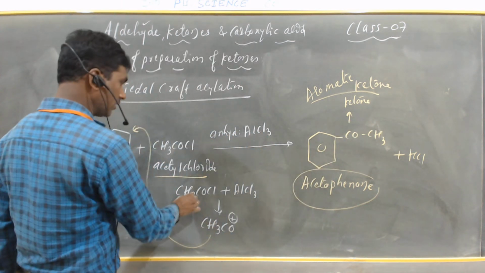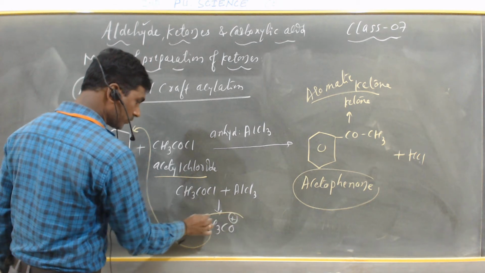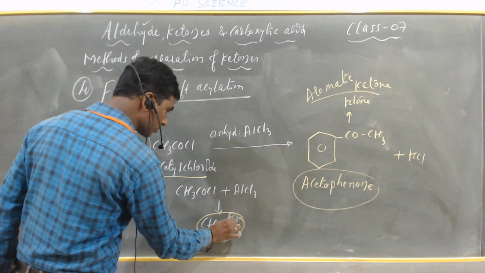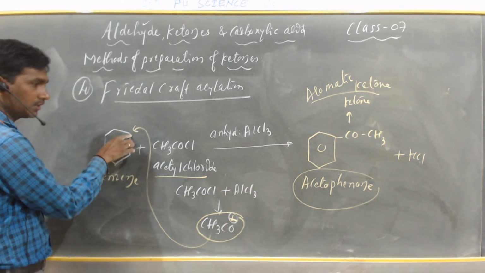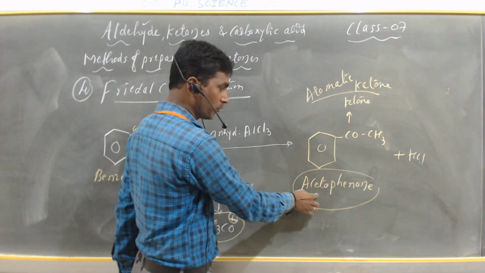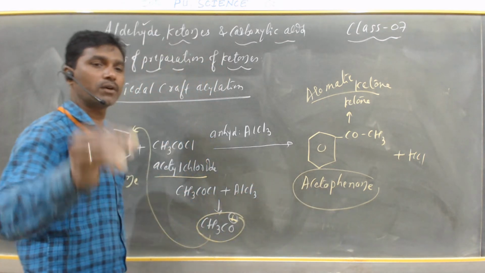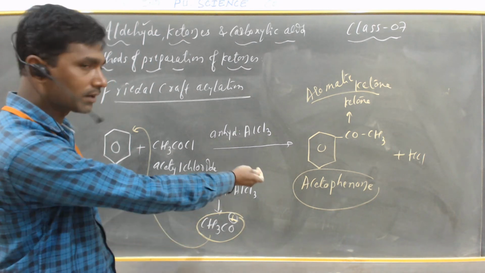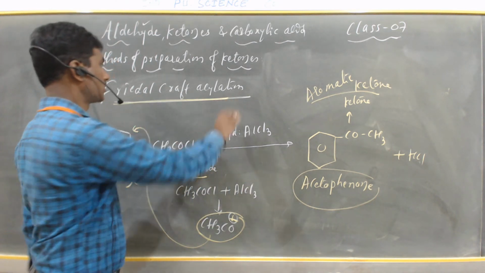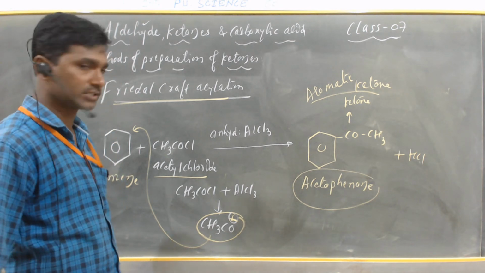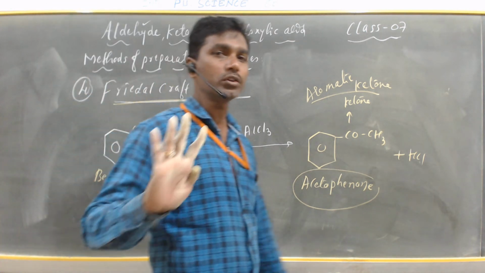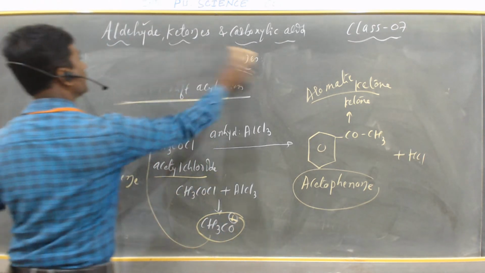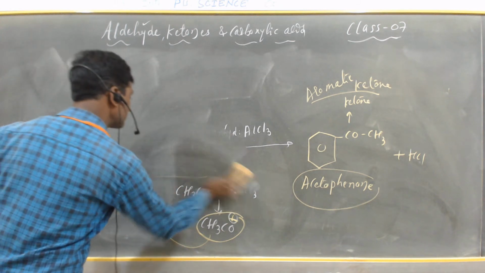And this acetyl chloride reacts with anhydrous aluminium chloride and produces CH3CO plus. This CH3CO plus is called an electrophile. This electrophile, meaning a positive charge, substitutes hydrogen. By this substitution, it gives acetophenone, an example of an electrophilic substitution reaction. If you want to prepare an aromatic ketone like acetophenone, you go through the Friedel-Crafts acylation reaction. So this is the fourth and last method of preparation of ketone. The next I will discuss is chemical properties.